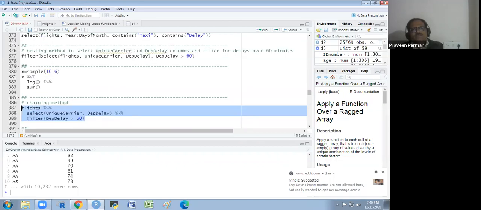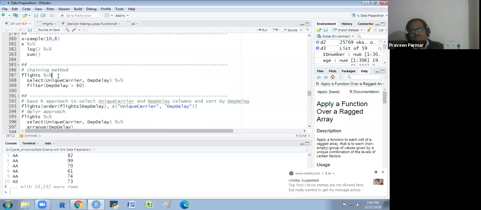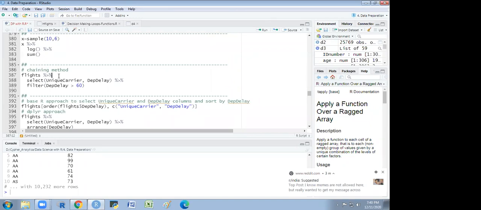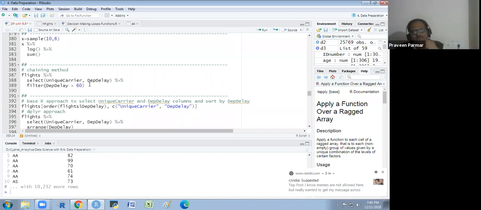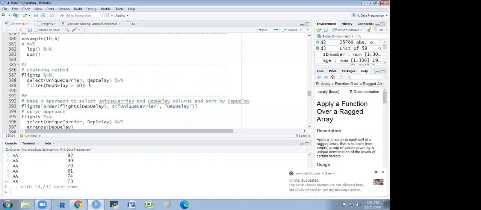Here you may be confused whether we have to select first or filter first. Somebody may get confused over there, but here there is no confusion. First we select the columns, then we filter. Got it? Yes, sir. Can we also filter first, then select the columns? If you do, it will take more time. The processing time will increase, because when you filter first, it will process all the columns.